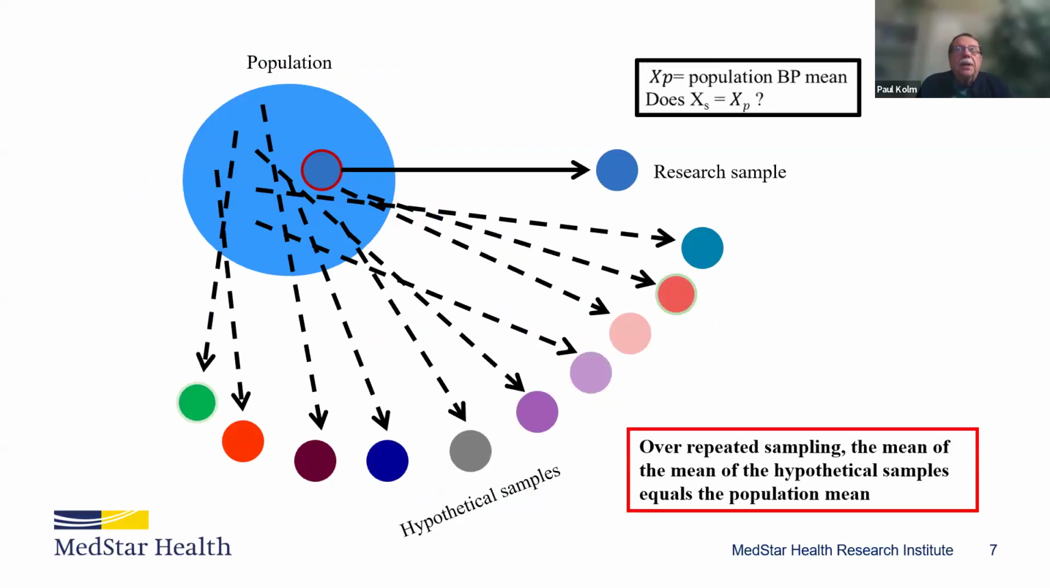And so to illustrate this in a diagram, if we have a population and there's a true population mean, and we sample from this population, then the question is, how representative is our sample of the population? And so if we were able to sample repeatedly, now obviously you can't do this in real research, but we can do it on a computer. But the idea is that over repeated sampling, the sample mean equals the population mean,